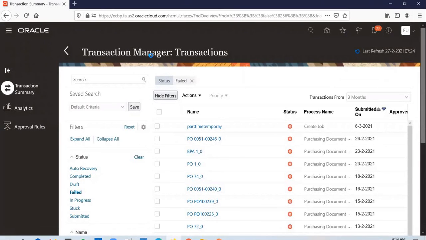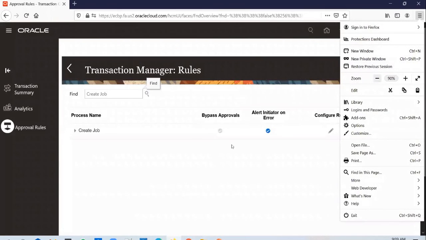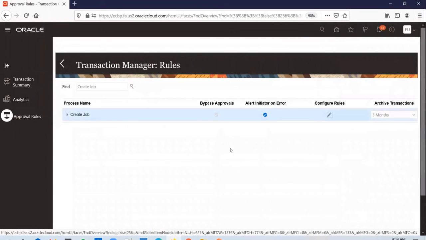And let's go to approval rules. Search for create job. Configure rules.